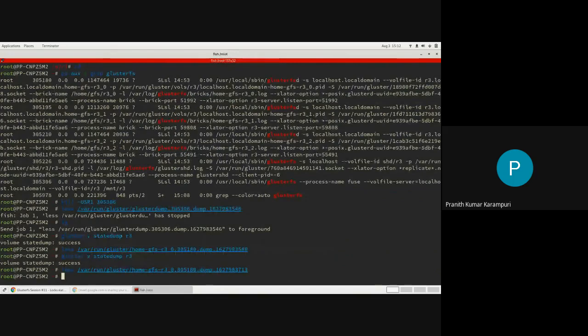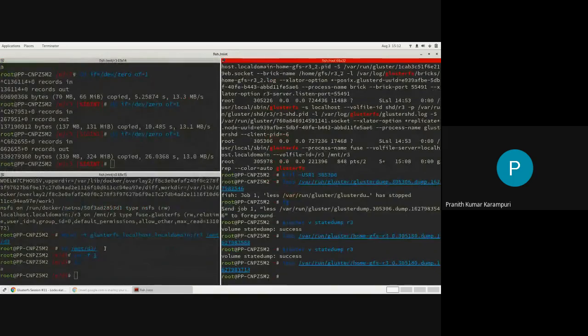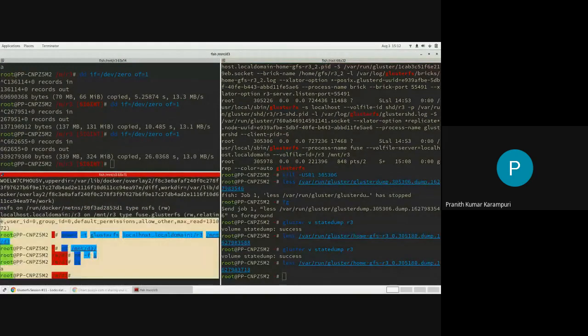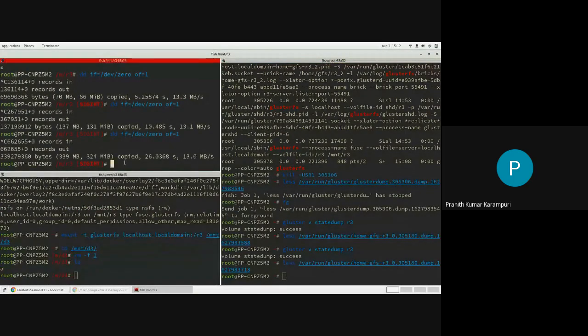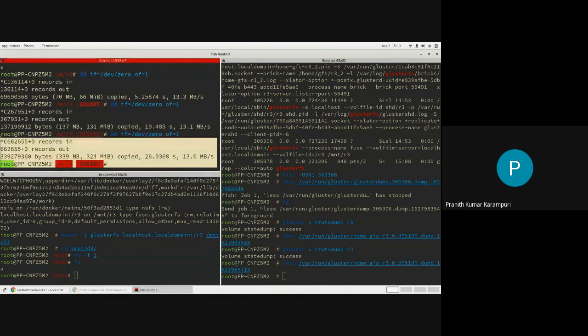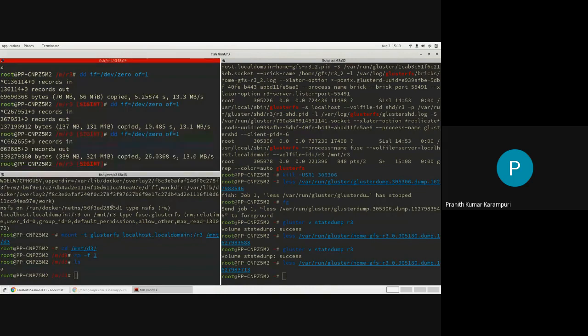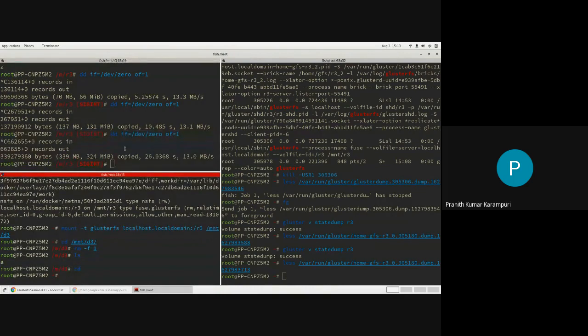But I can tell you what was happening. This same test case on a disperse volume works. The reason it is not working on a replica volume is because the client contention notification that the brick is sending, replication is not handling it. So we need to fix that case. Until then, it will hang as long as something like this happens. So that is one interesting thing that I found.